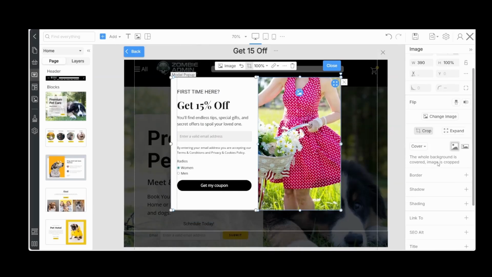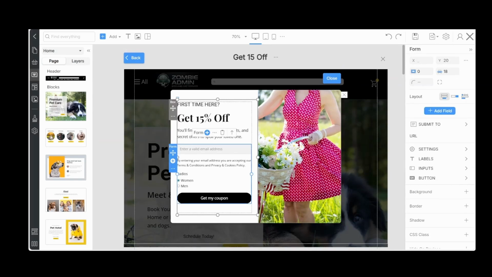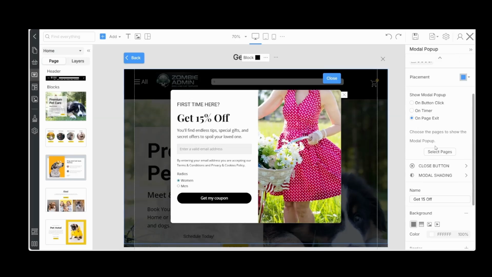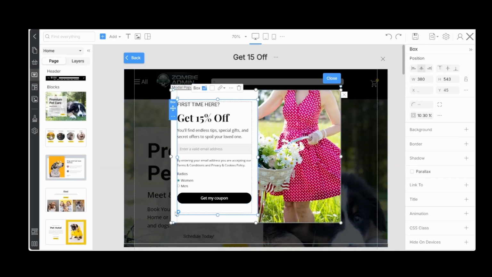You can crop your images. And click on the pop-up. And from here, you'll see you have placements now on your screen where you can place. And then you have what page you want to place this on. I'm going to on page or exit. You can select your page.